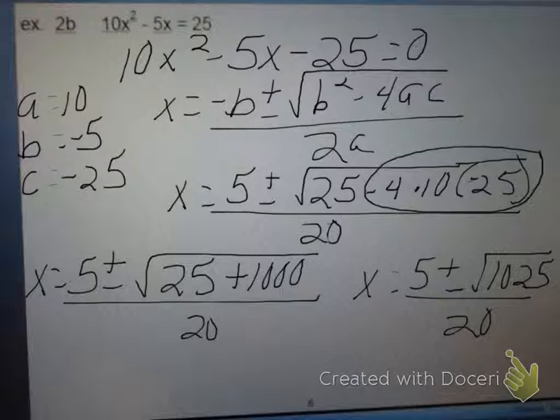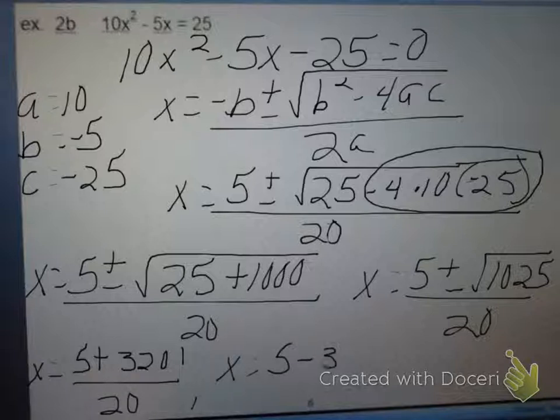Now, the square root of 1,025 is not a perfect square, so I'm going to take the square root of it and round to the nearest tenth. The square root of that is 32.015, and if I round to the nearest tenth, it'll say 32.0. In this case, I am going to round to the nearest hundredth. So that's 5 plus 32.01 over 20, and x is equal to 5